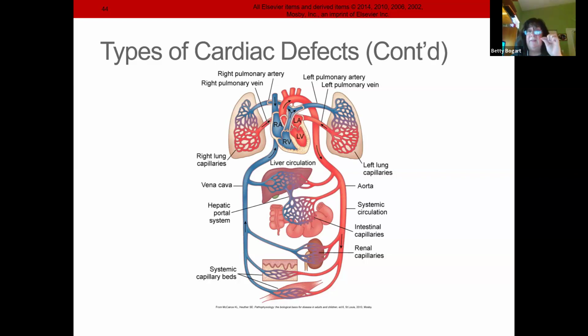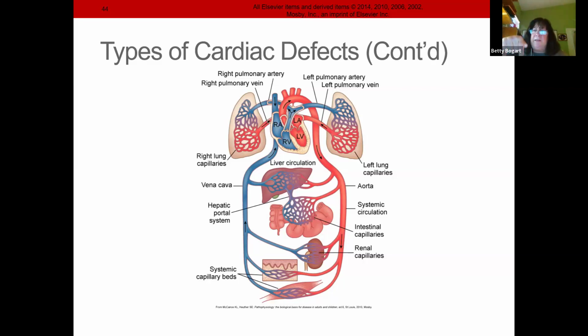There's a valve in between the right atrium and right ventricle called the tricuspid valve. Then the blood goes up through the pulmonary valve into the lungs, back through the pulmonary vein into the left atrium, through the mitral valve into the left ventricle, up the aorta, up the aortic arch, and down to the body. Those little three vessels on top of the heart go up to the upper extremities and the internal and external carotids, subclavians, all of those going up.